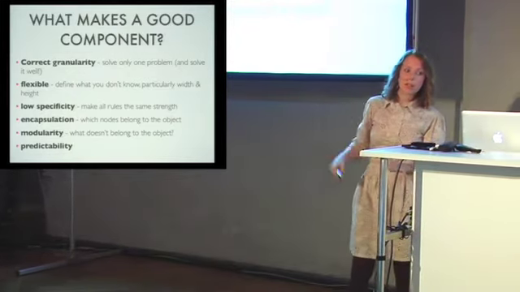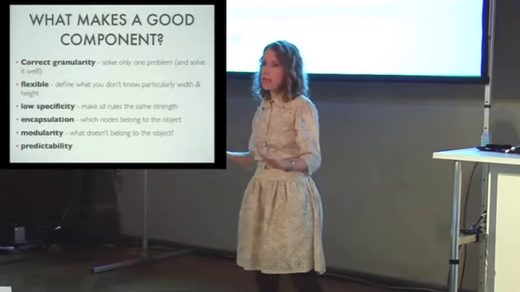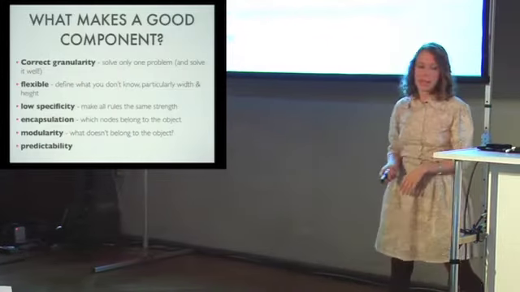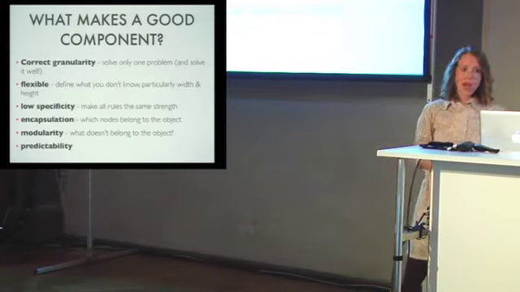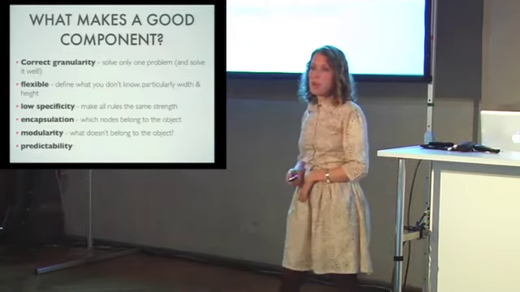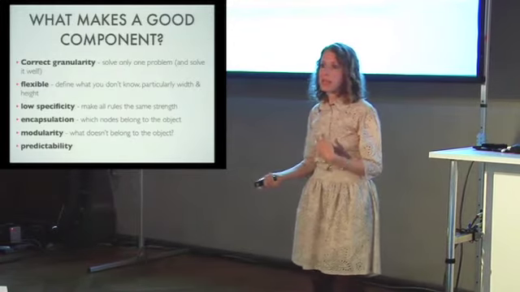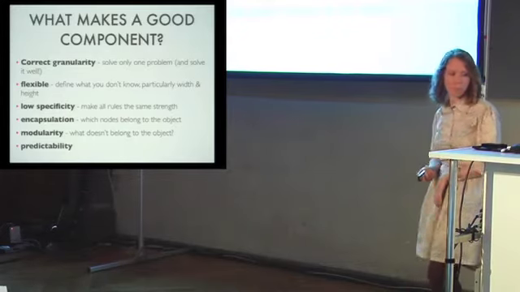But modularity, on the other hand, means that we want to say that, okay, this is the body of our media object. We don't know what someone's going to put in there. We don't want to define what someone's going to put in there. That's where the edge of our object is. And the next is predictability. If you have a giant pink heading, you want it to be a giant pink heading no matter where it's pasted in the site. You need to make it so that your CSS is predictable, otherwise it can't be reused.